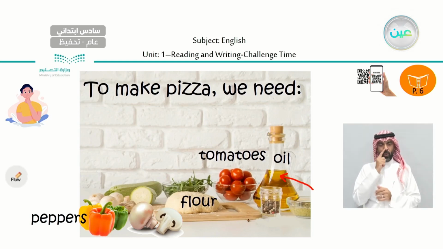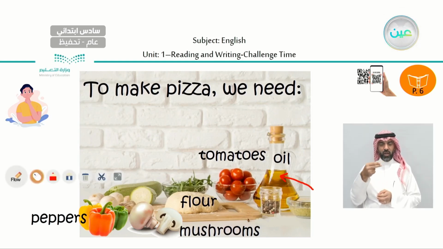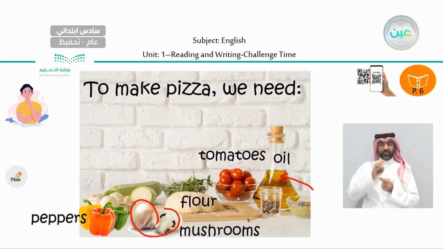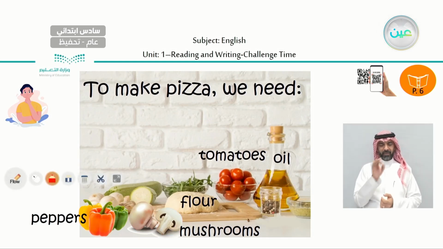That's good. Okay. Very good, excellent. So what else do we need? Mushrooms. We need mushrooms, okay? This is the mushroom. Okay? Repeat after me. Mushrooms. Very good. Excellent. That's good. So